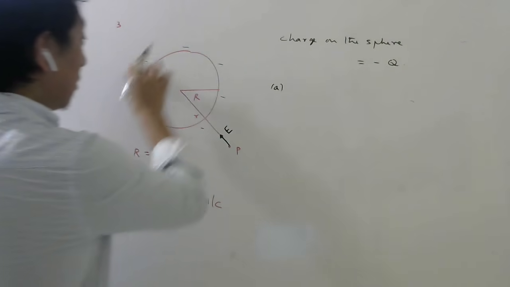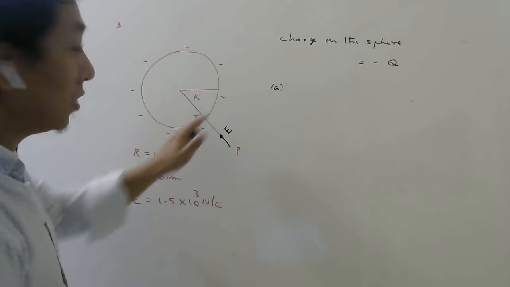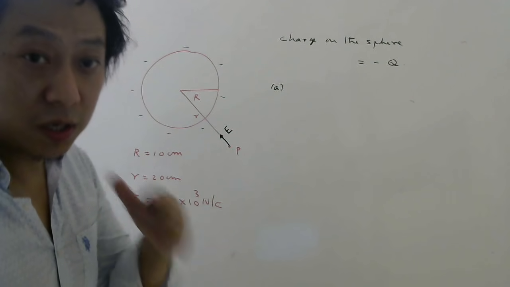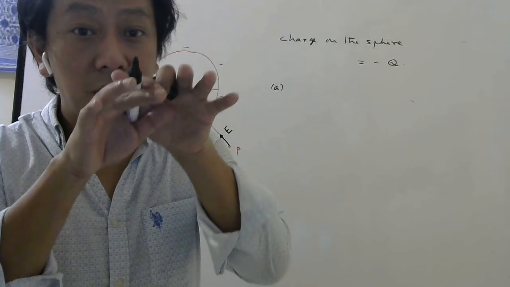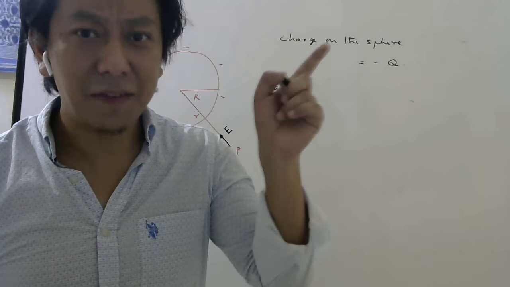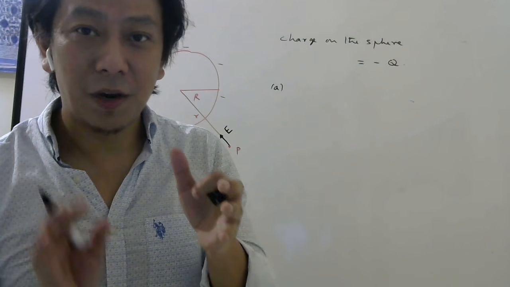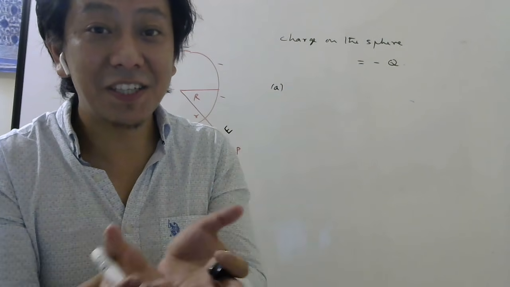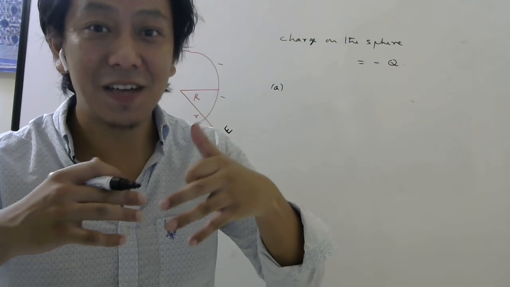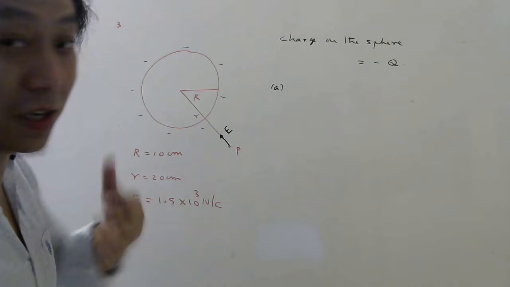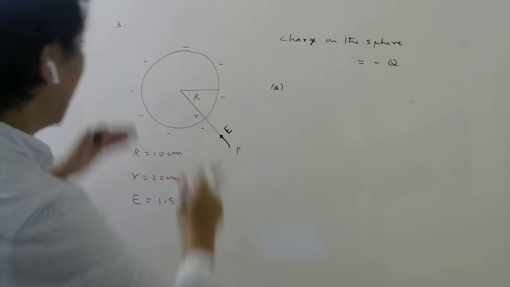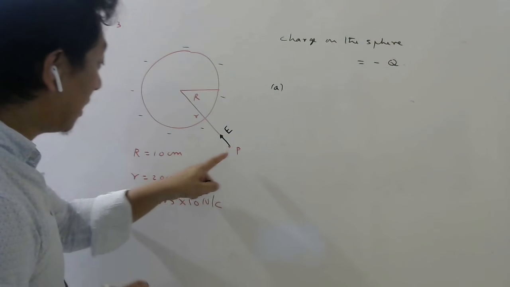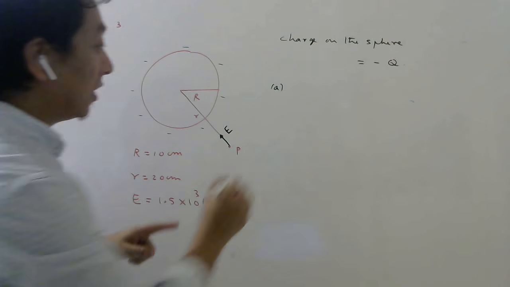Now think what kind of charge it is, what kind of distribution it is. Spherical. And since it is a conductor, students, right now you will not understand, but for a conductor, whatever charge you give will always stay on the outer surface. I think I have discussed this also in one of the videos. Whatever charge you give to the conductor will stay on the outer surface, meaning it will be like a shell of charge, because the charge is only on the outer surface, whatever extra charge we have given. So we can use the formula for a shell. Now, what was the electric field at this point due to a shell? Magnitude.